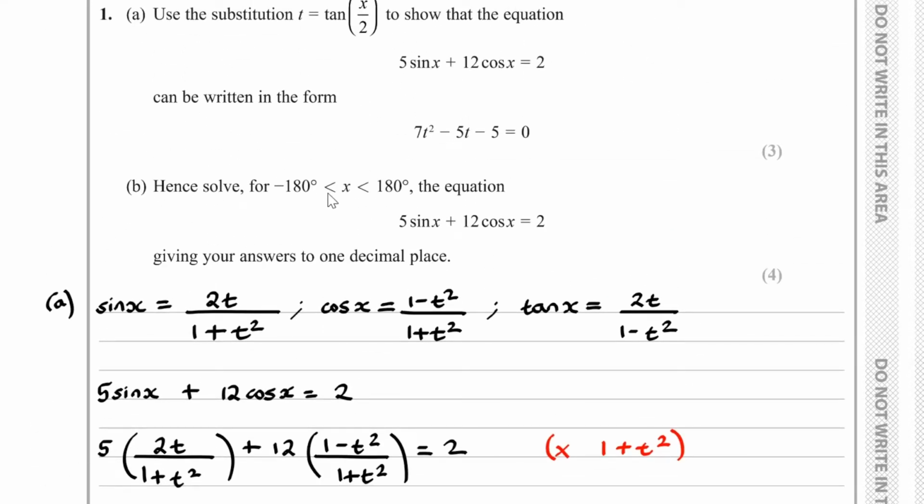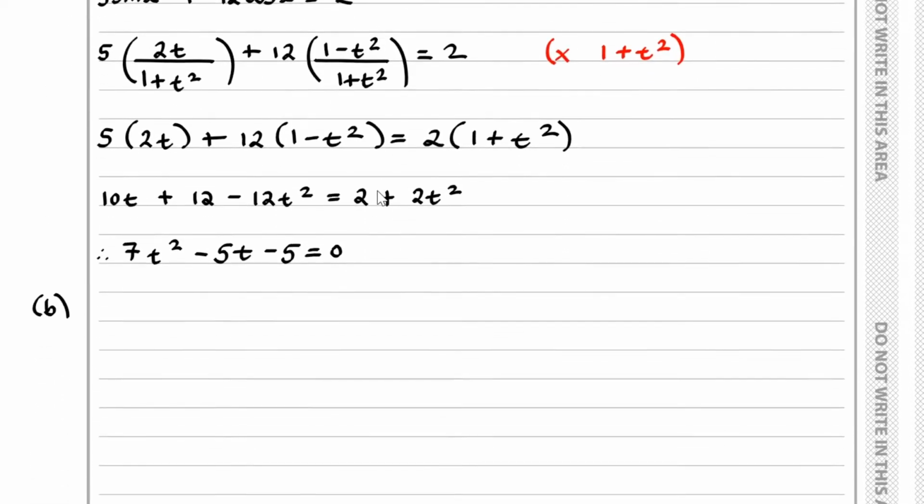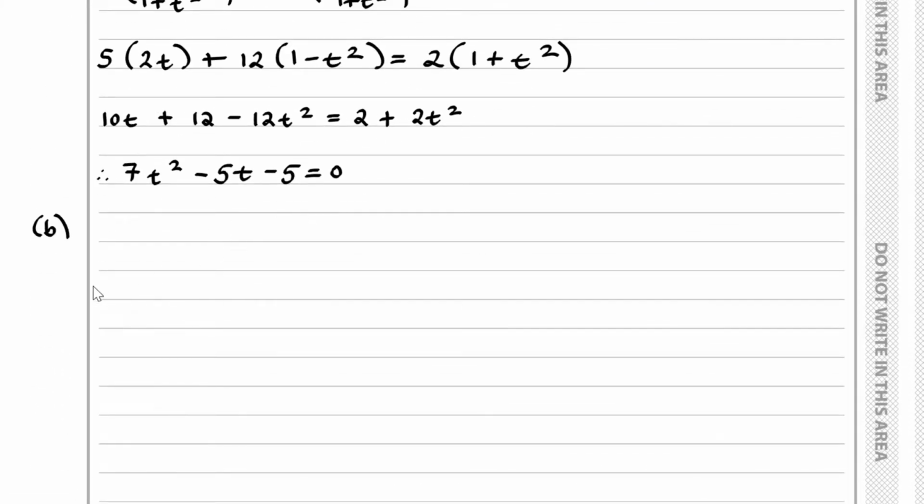Now for part B: hence solve for x being in between minus 180 and 180, the equation 5 sin x plus 12 cos x equals 2, giving answers to 1 decimal place. Now, from part A, we know that 5 sin x plus 12 cos x equals 2, in terms of t, is given by 7t squared minus 5t minus 5 equals 0. And if we solve for t, we can then use the substitution t equals tan of x upon 2 to find the values of x in this required range. And so therefore, solving this equation using part A of the question,